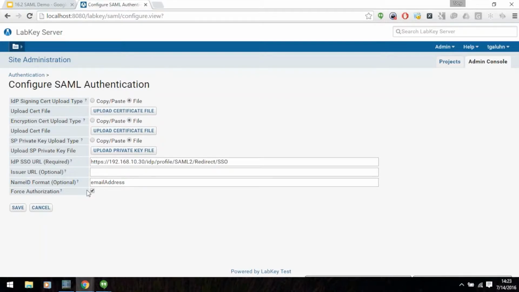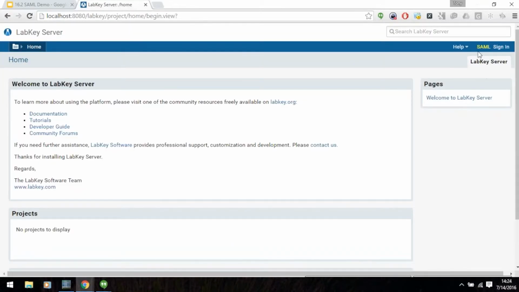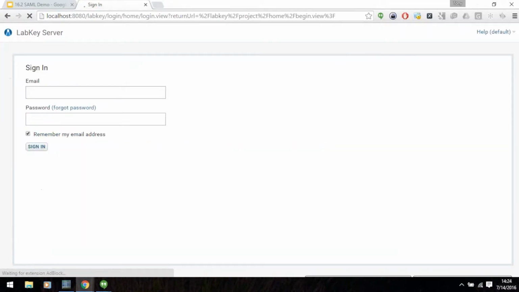And then, as I mentioned, I have the box checked here to force the user to re-authenticate, even if they've already previously logged in on that IDP and they still have an active session with the IDP. So to show this in action, I'm going to log out, and then note that I have a SAML link here. There's also, if I go just straight to the login page, the option here to sign in via SAML. And this is configurable to put a logo if one wants. If there's some federated server that's used in your network as a SAML IDP, then you can put that logo there. I'm going to click this link,